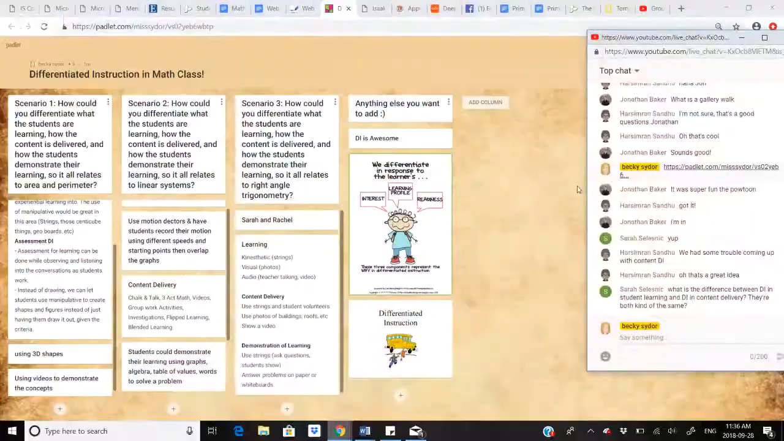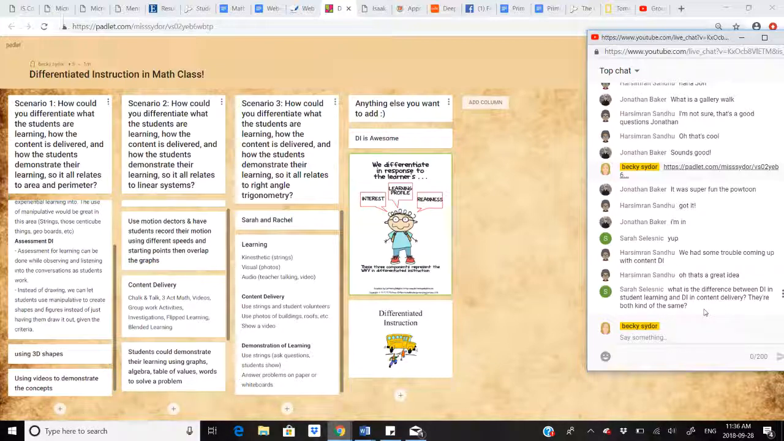What's Sarah say? What is the difference between DI in student learning and DI in content delivery? They're both kind of the same. That's a very good question, Sarah. What is the difference between DI? So content is more what they're actually learning versus how we're going to teach it to them. Yes, it's kind of like a modification accommodation kind of deal for the content delivery, whereas student learning is, what